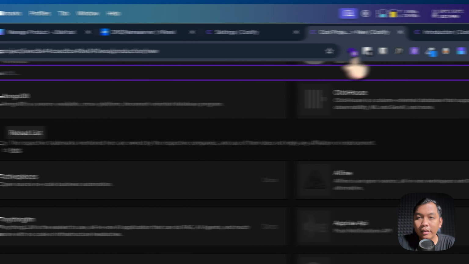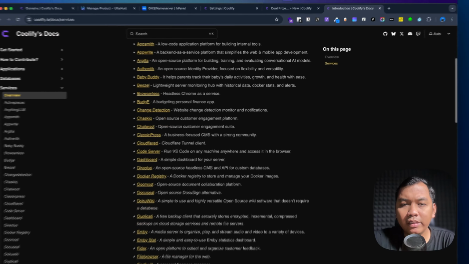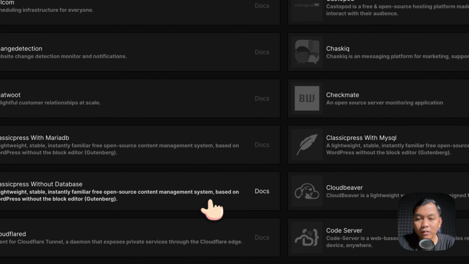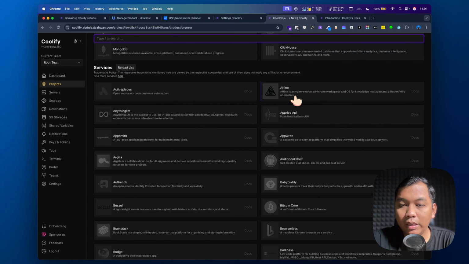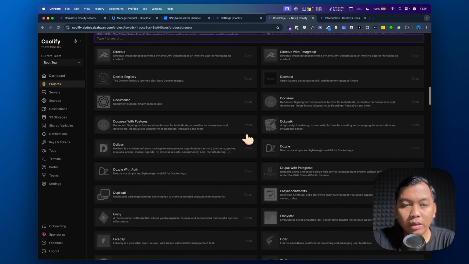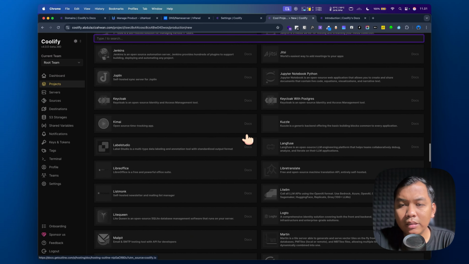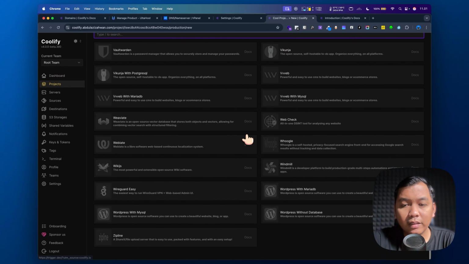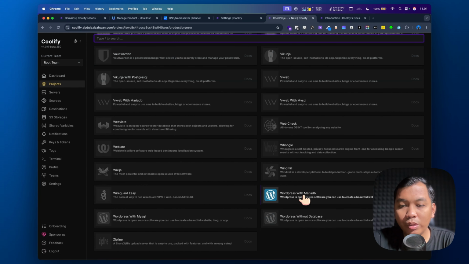Let's see here. These are the available services in Coolify, such as AppWrite and so on. You can check all the detail here, such as WordPress with MariaDB, WordPress with MySQL, WordPress without database.